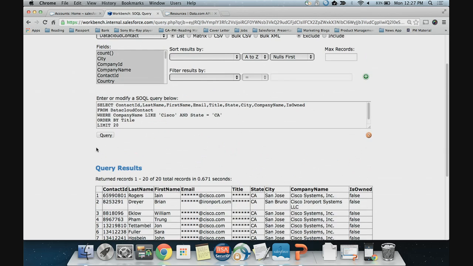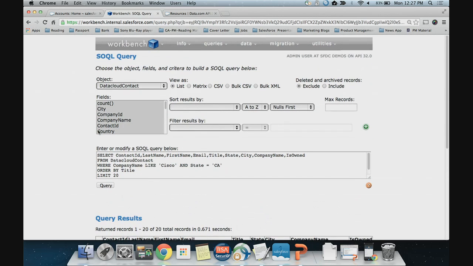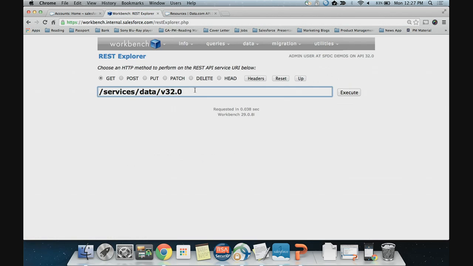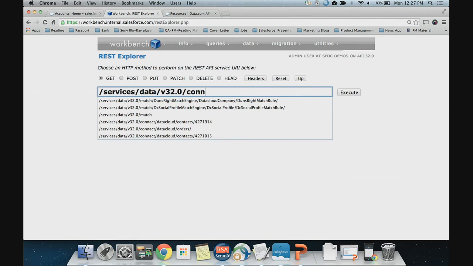Moving on from here, search is essentially supported both in SOQL and as a REST API. Now, moving forward in Winter 15, the purchase API has moved to a Connect style API. Just to avoid any confusion, when I'm referring to Connect API over here, this is the Salesforce Connect API and not the Data.com Connect API. So you can use Connect to even view records and companies. So for example, what I'm going to do is